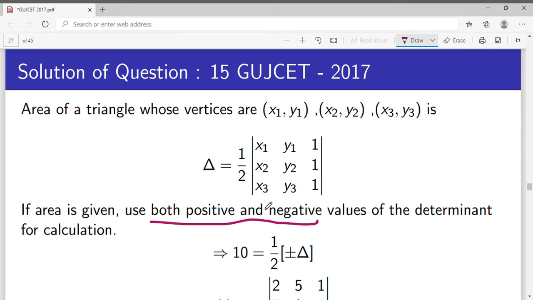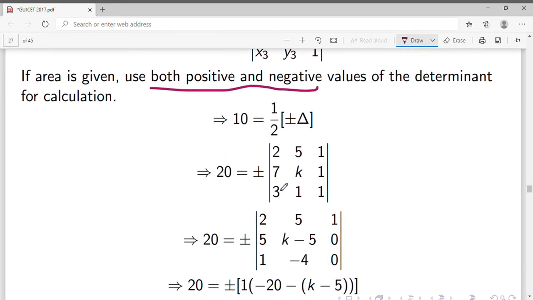So whenever area is given, here 10, in this case we have to consider delta equal to plus and minus both. So now put area equal to 10. Here 1 half, plus or minus delta. Now 2 shifts here, so 10 into 2, 20, is equal to plus or minus